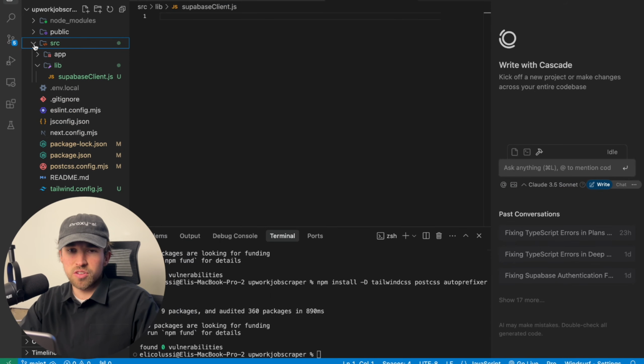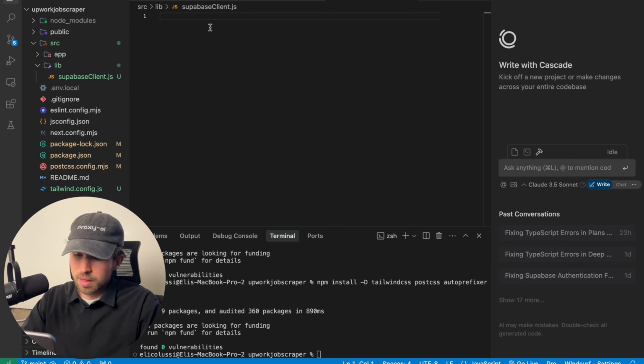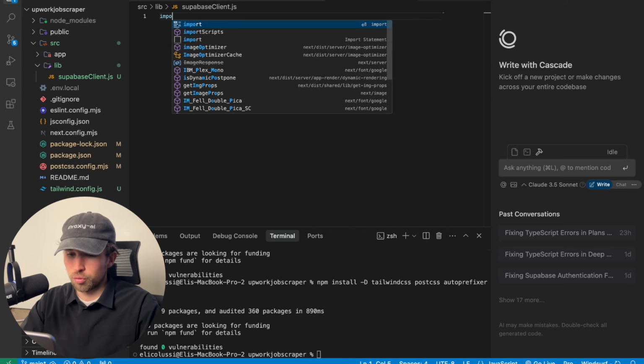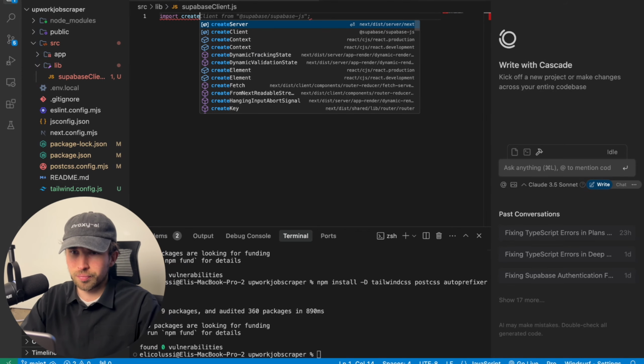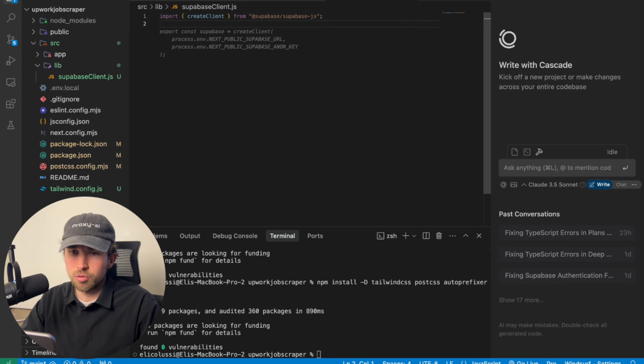Okay, guys, so now let's just set up our database integration here using Supabase. So we're going to go to our source directory, and then we're going to click this icon right here, new folder, and then create a new folder called lib, L-I-B. Then within that one, click on new file and create a file called supabase-client.js. Then in here, we're going to need to import the module first. We can go import createClient from @supabase/supabase-js right there. So we can add that.